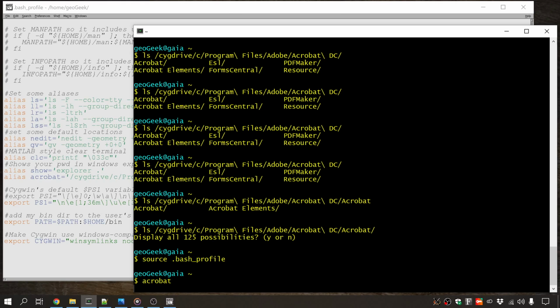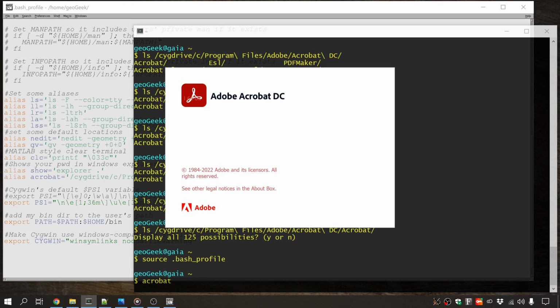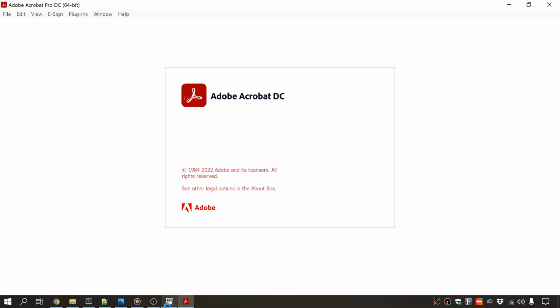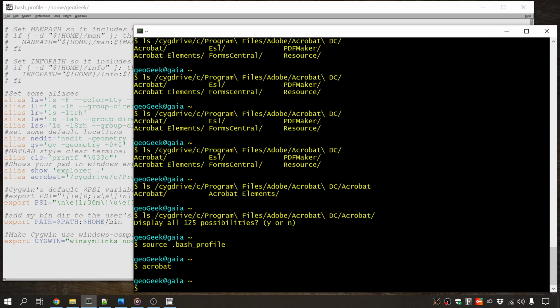Acrobat. There we go. It did its thing. And then it got mad at me because I'm not logged into Adobe Creative Cloud, but whatever. It did work. So this is one of the most powerful things about Cygwin that I really, really enjoy,